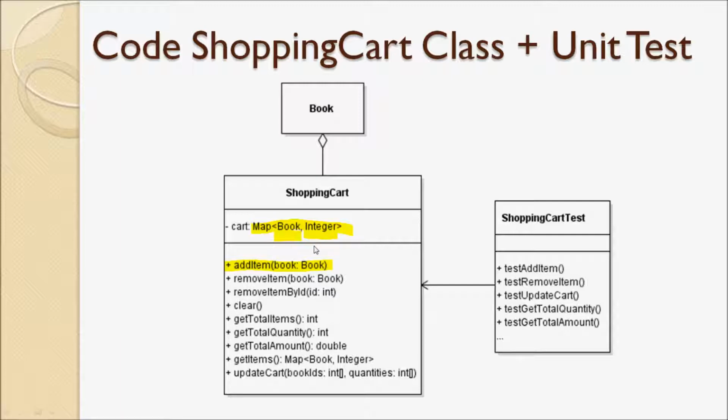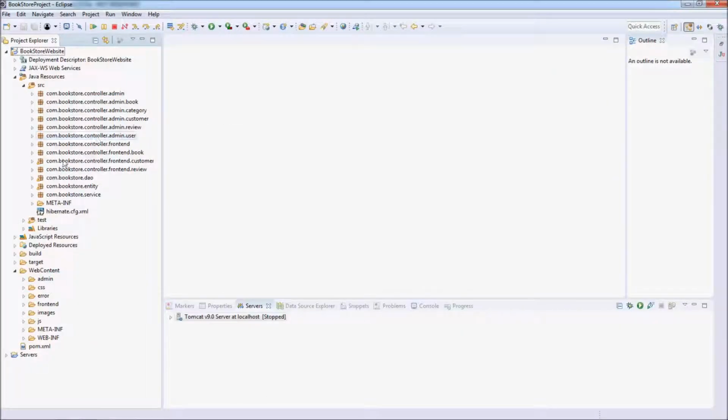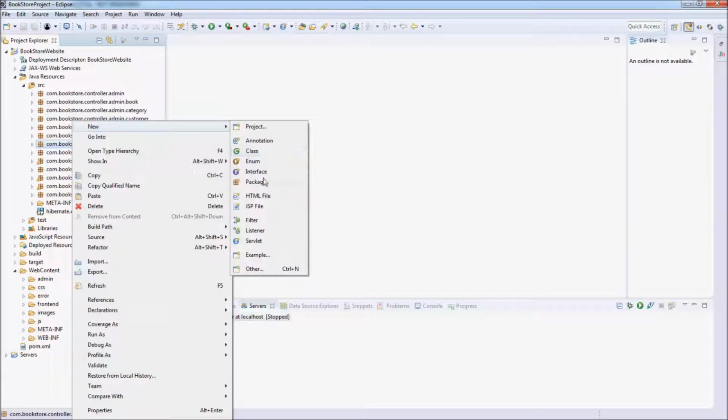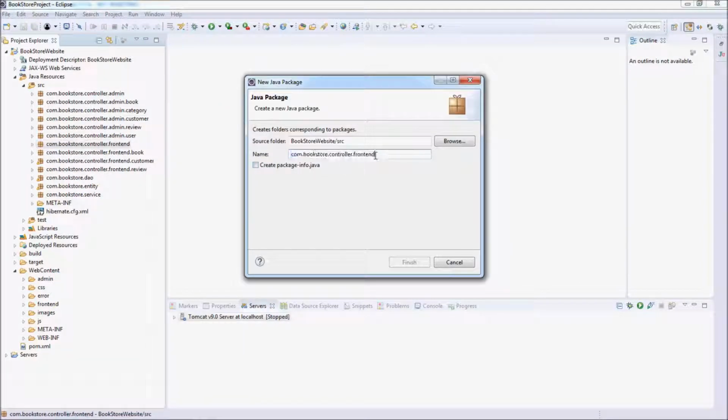shopping cart. Go back to our Eclipse IDE, and for the shopping cart features, we need to create a separate Java package in the front end here. Right click, new package, and enter the package name as com.bookstore.controller.frontend.shoppingcart,